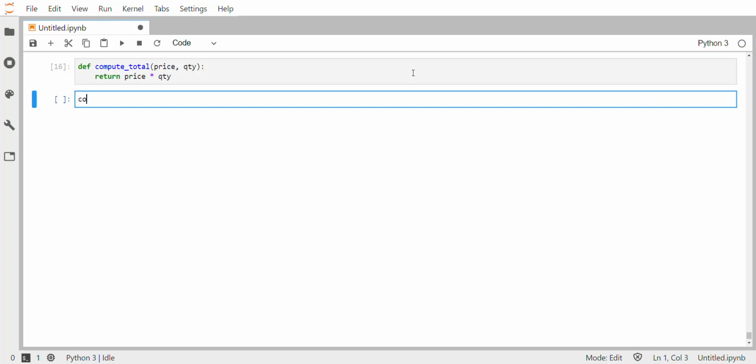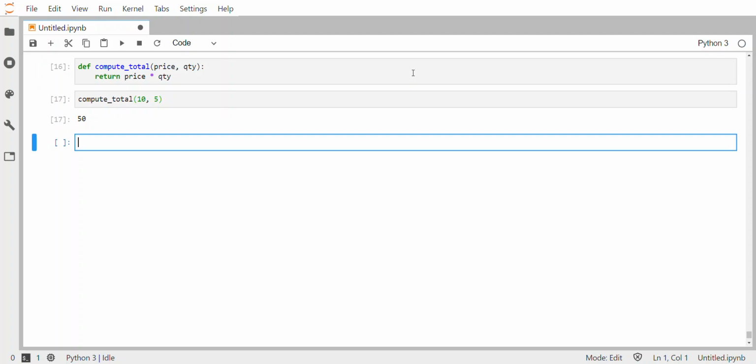So if I run this against a price of say $10 and a quantity of say 5 items, it should just return 10 times 5, 50, right? Now let's say this is all that you have in your own side of the code. You're part of the development team, and your job is just to make sure that the price and the quantity check out and it returns the total, right? So input is coming from another member of the development team. He supplies the price, someone else supplies the quantity, and everybody's fine, all right? As long as the code works, everybody's fine.